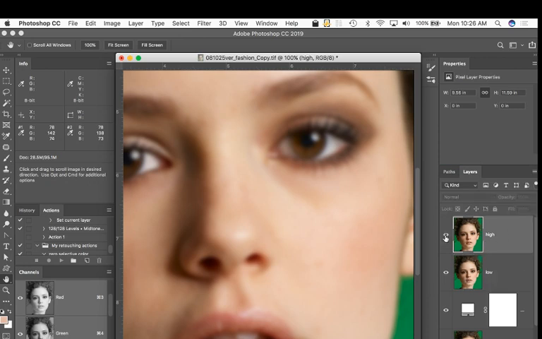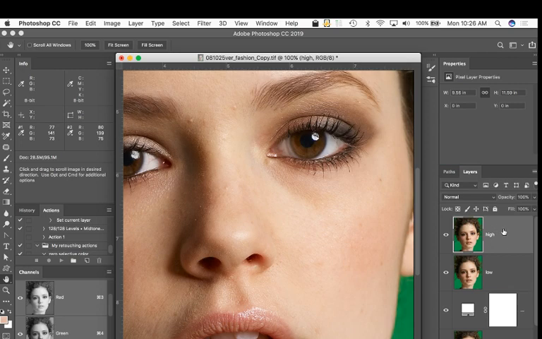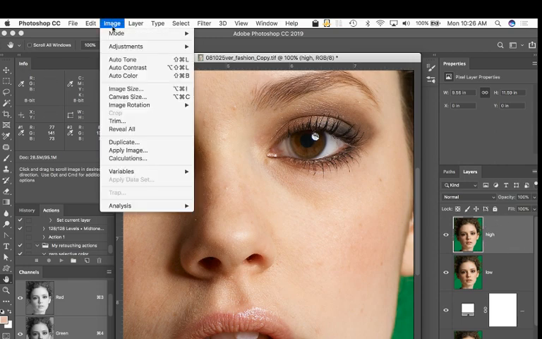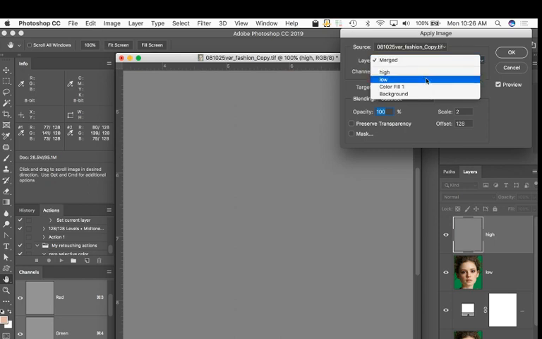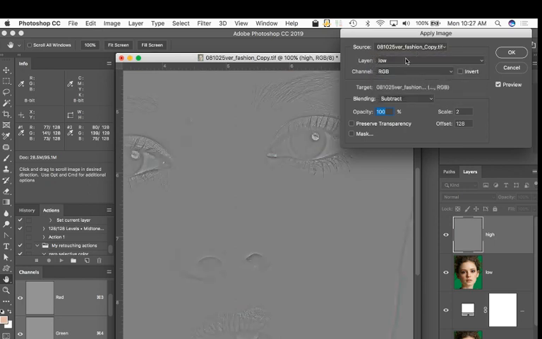I'm going to click on my high copy right now. I'm going to turn its eyeball on. Again, with the very same thing that we did before. With the high eyeball on, the layer itself active, up to the image menu, down to apply image. Image menu will open up. You need to change the layer up the top here again to low because we are subtracting this low layer